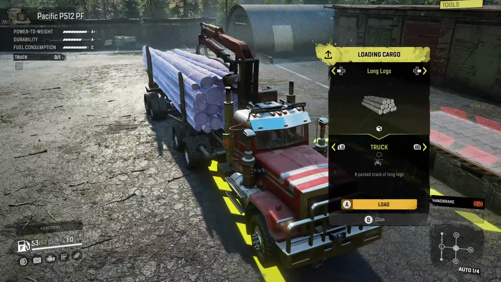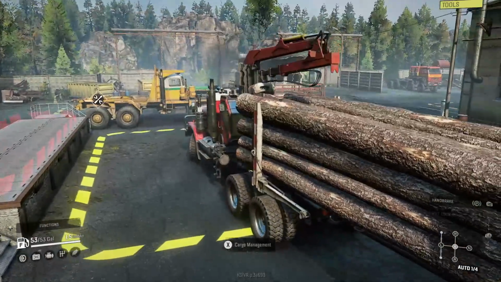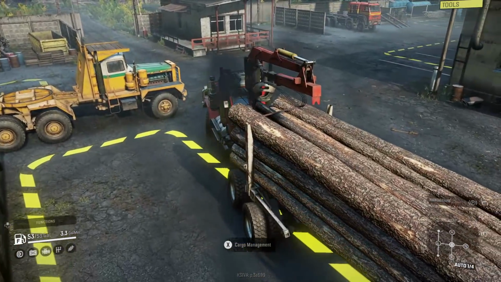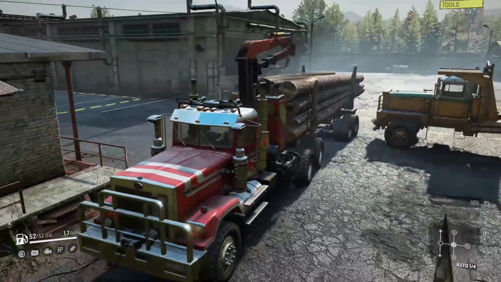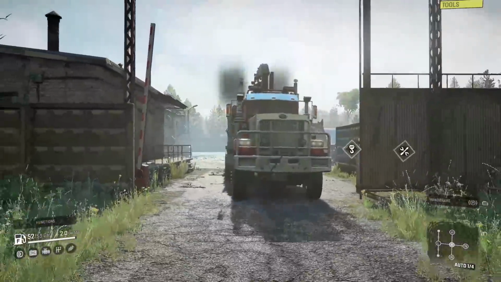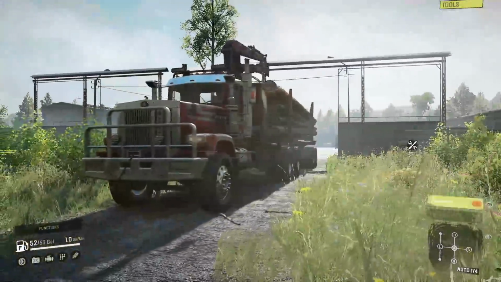We have a fixed bug where it was impossible to attach the trailer with add-on and crane installed to the Pacific P512, and fixed a bug where it was impossible to attach the trailer with add-on and crane installed on the International Paystar 5070. Now, moving on to the last section here, we have some mod browser fixes, including fixed